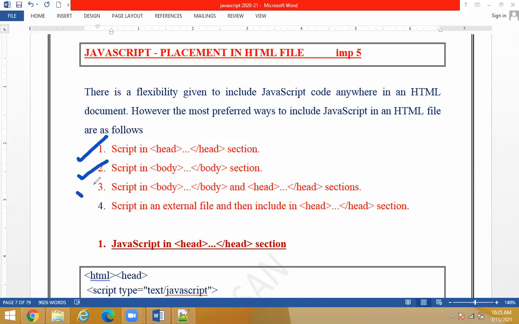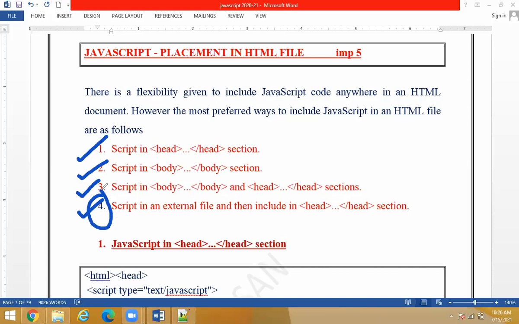Third, you can include one script in the head tag and another script in the body tag. That is also permitted. It is a hybrid combination where you can include the JavaScript code in the head tag as well as in the body tag. What is the next option, which is very, very important and preferred when we are designing dynamic web pages, right?